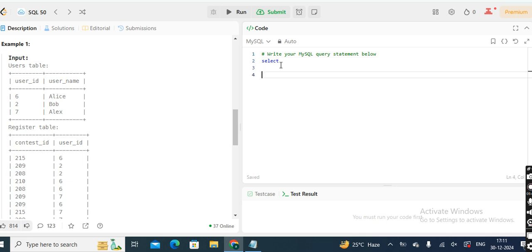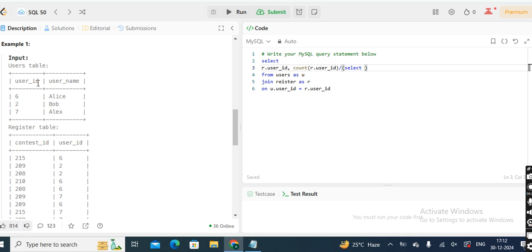Select from users as u, join register as r on u.user_id equals r.user_id. Now I need the user ID from the user table, so r.user_id, comma, I need a percentage, so count of r of user ID divided by select,